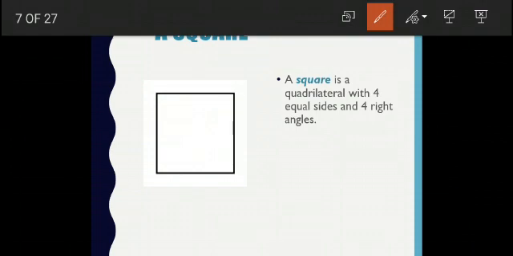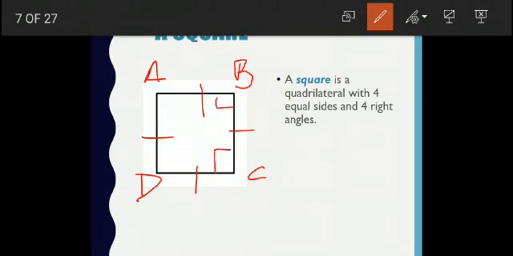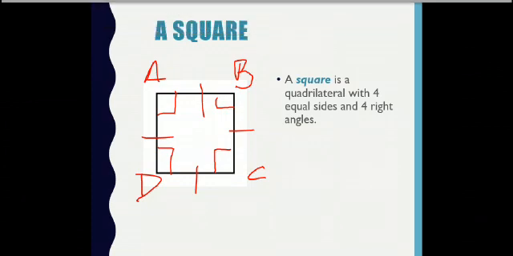That means if I name this quadrilateral A, B, C and D, all its four sides are equal. If I construct a square with side 4 centimeter, that means all the four sides of the square will be 4 centimeter. And it has four right angles. The angles forming in a square are of 90 degrees, that is, they are called right angles. So a square is a four-sided figure with all sides equal and four right angles. Each angle is of 90 degrees.